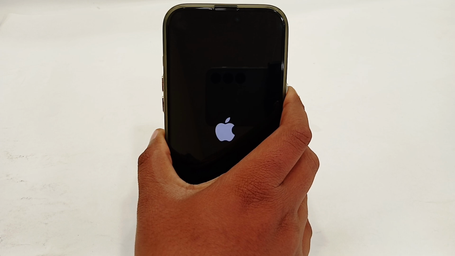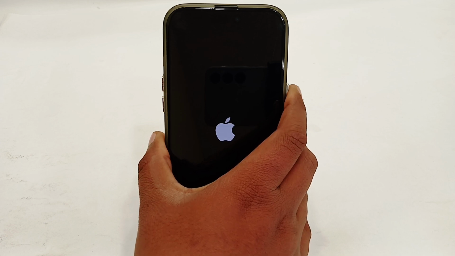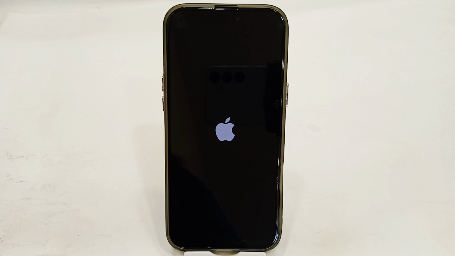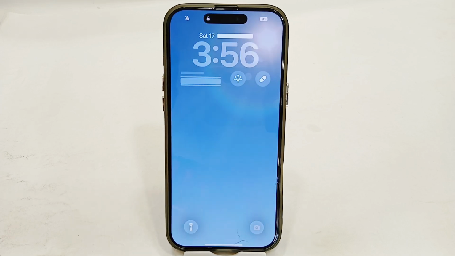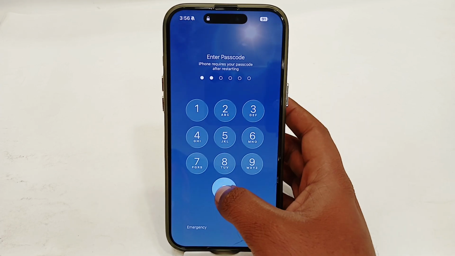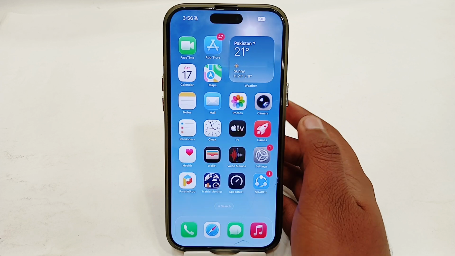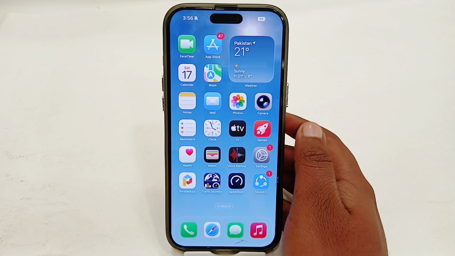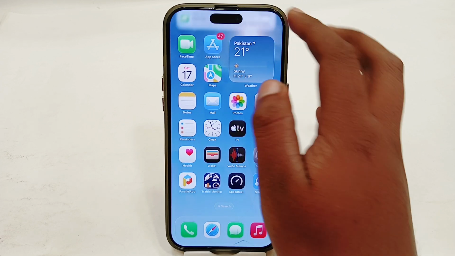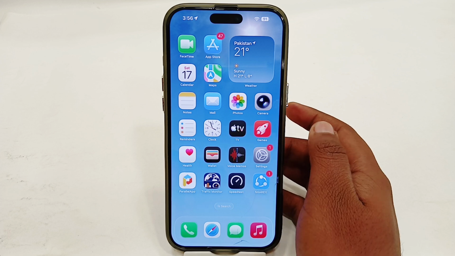Once you get the black screen, you just have to wait for the Apple logo, and once you get the Apple logo, just release the button and wait for your phone until it restarts. After restarting, just unlock your phone, and retry to check if your issue has been fixed or not. Your issue must have been fixed, or if it's still not fixed,